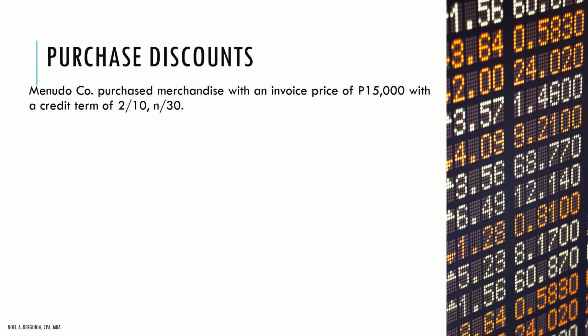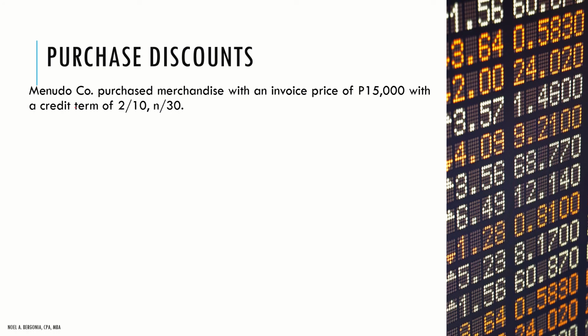And I already laid down the basis for purchase discount earlier, right? It's the same. If we have credit terms, if you have seen credit terms in your particular problem or in your invoices, then that will trigger that we could avail a purchase discount, being the buyer, if we pay that account within the discount period. Okay? You need to pay within the discount period to be able to avail a purchase discount or any discount.